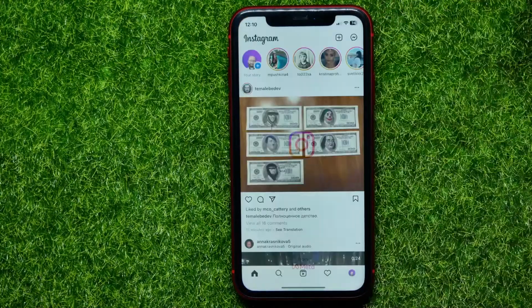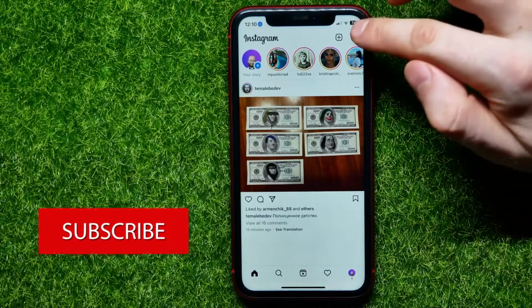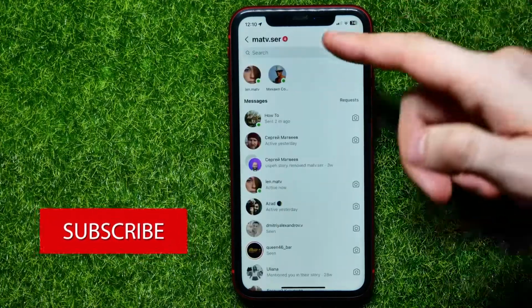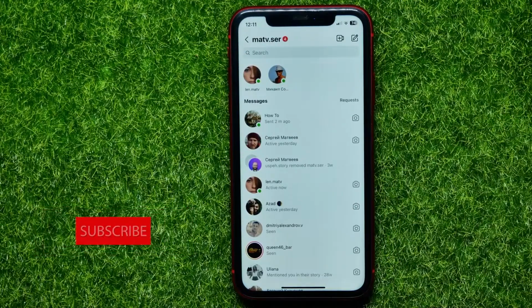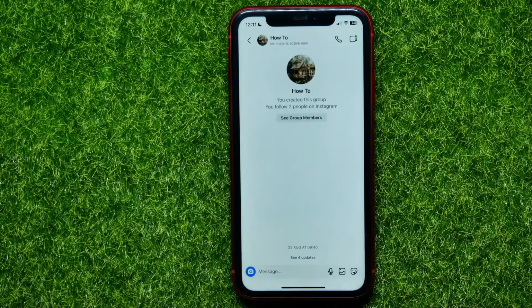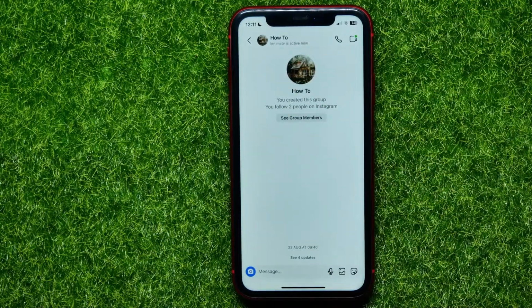First, open up the Instagram app, and then right here at the top right-hand corner, tap the DMs icon to open up your conversations list. Then open up a group chat, and now in order to change its theme, all you have to do is